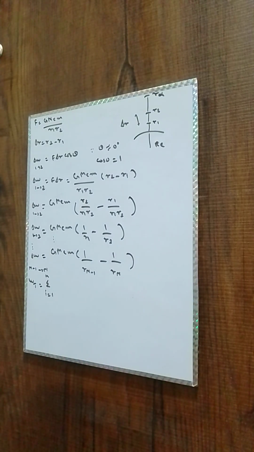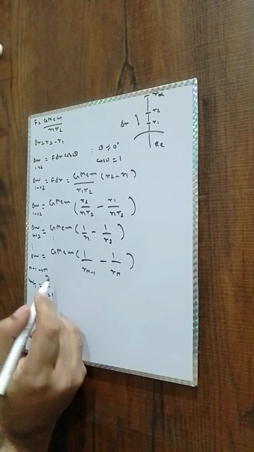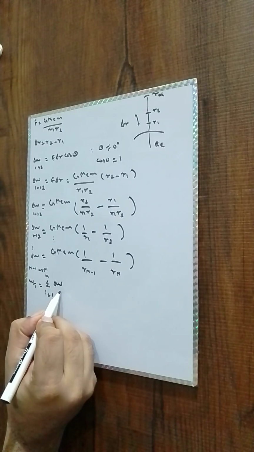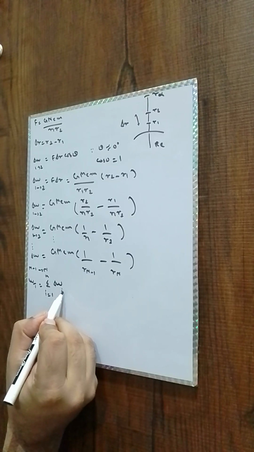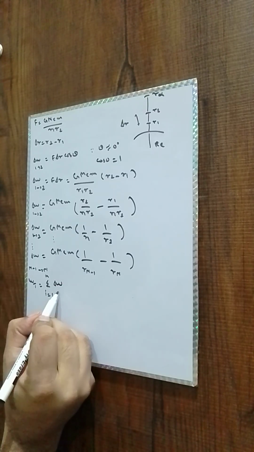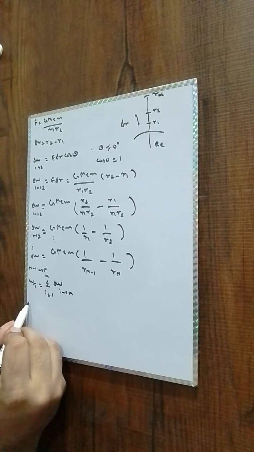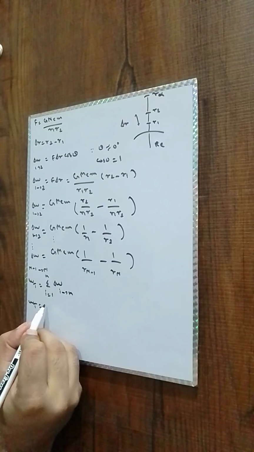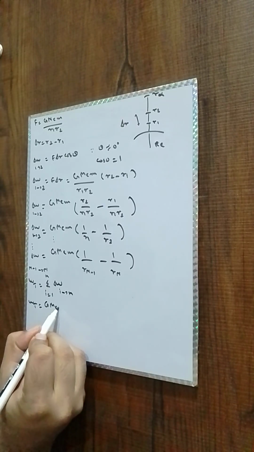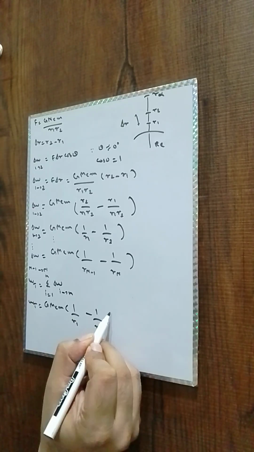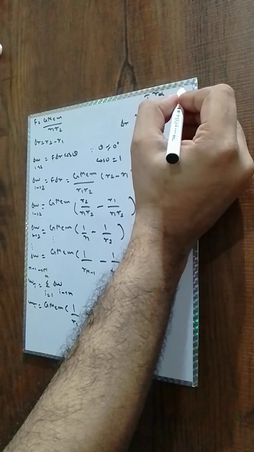So what we are left with, summation of differential works, total work would be equal to G Me m by 1 by R1 minus 1 by Rn, yes,